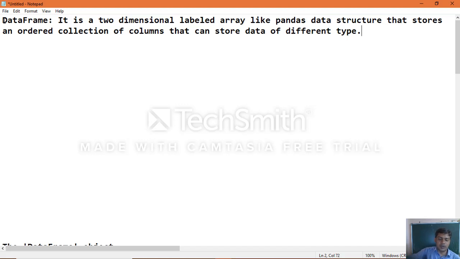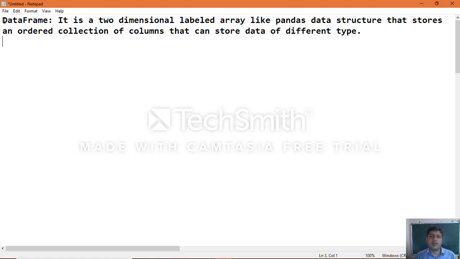This is an example of a two-dimensional array. So what is a two-dimensional array? A two-dimensional array is an array in which each element is itself an array. For instance, take one simple example: a data frame is an example of a two-dimensional array.